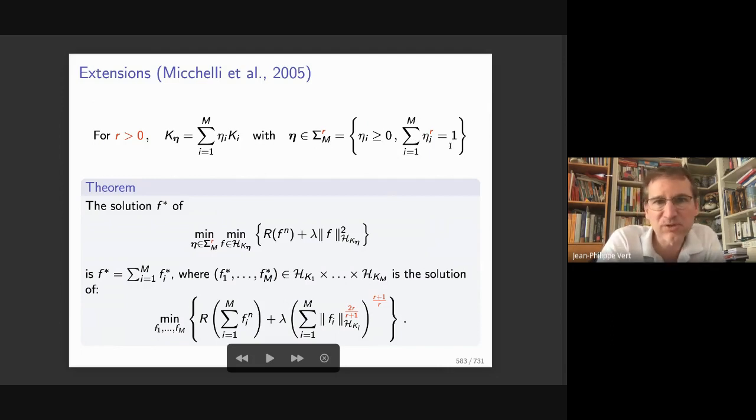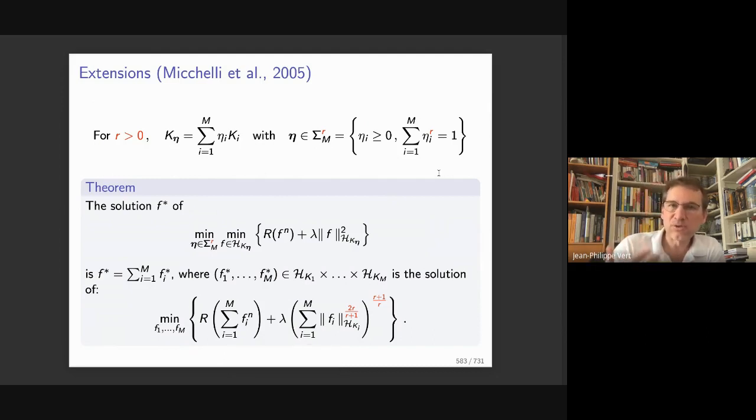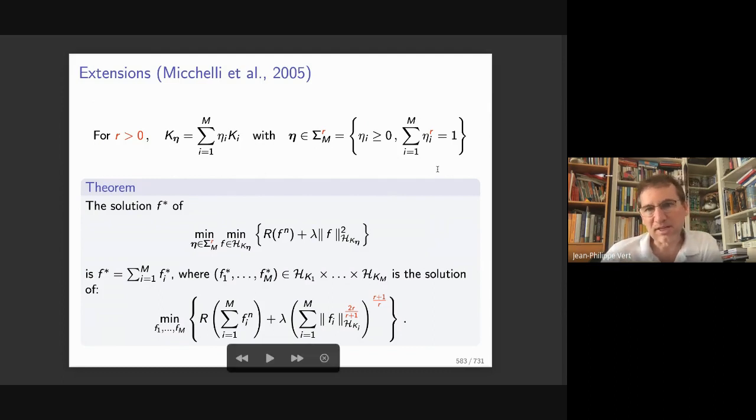And so there exist many extensions, but I will just mention one of them, which allows to create different penalties that somehow interpolate between lasso and ridge, so interpolate between the two extremes that we have seen. And the trick, or the recipe, if you want, is to change the simplex, so the set over which you optimize, by looking at the simplex to the power r, if you want. So it's just a set of non-negative vectors etas, such that the sum of eta i to the power r is equal to 1. Right? So depending on how you pick r, this can give you